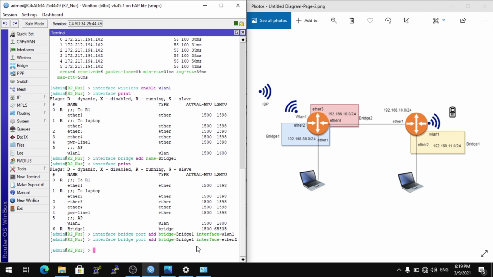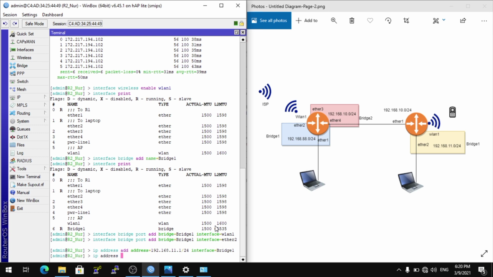And next, configuration IP address for interface bridge 1. Type IP address add address. This is IP using 192.168.11.0/24. I'm using IP 192.168.11.1/24 for interface bridge 1, and click enter.